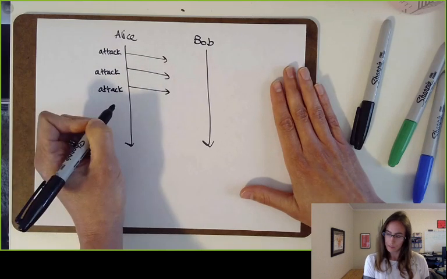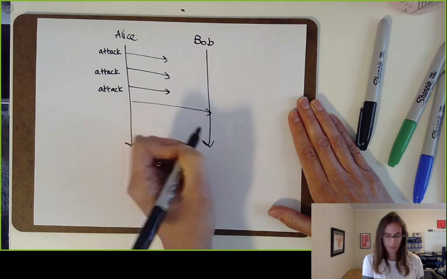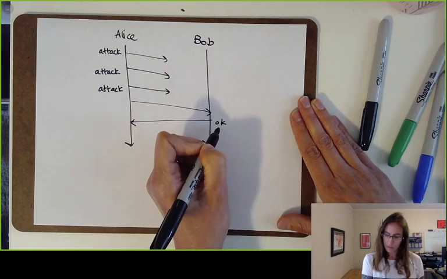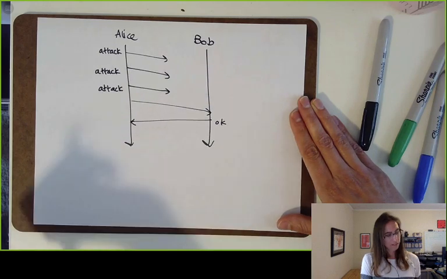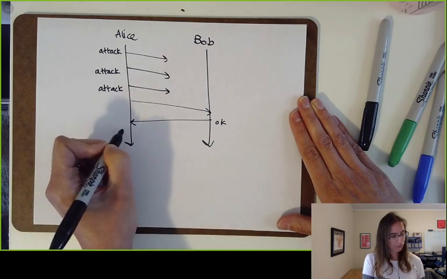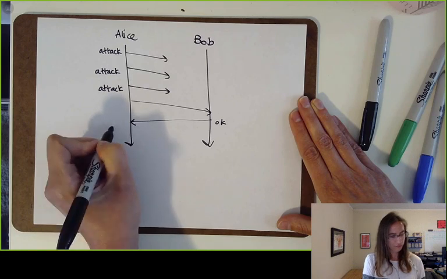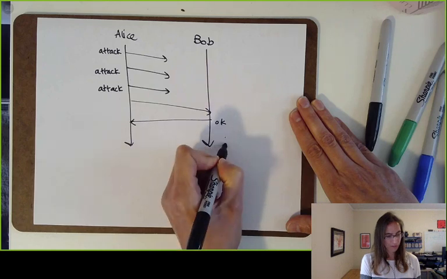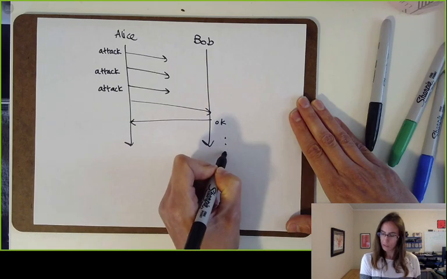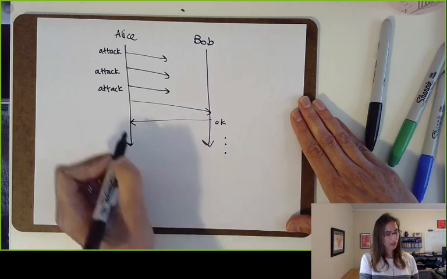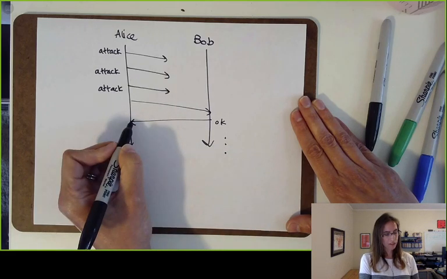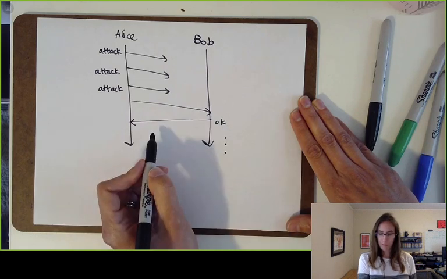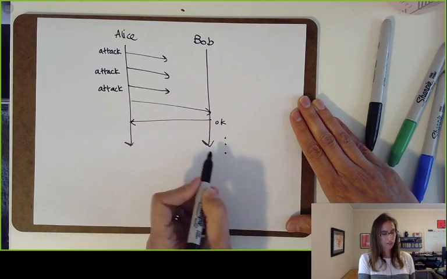So sooner or later, say one gets through and Bob sends his ACK. At that point, Alice has gotten the ACK, so she can stop sending messages. So as time passes, Bob can gradually grow more certain that Alice got this ACK, because the longer that he goes without getting a message from her, the more that he can be sure that she actually stopped sending them on purpose.